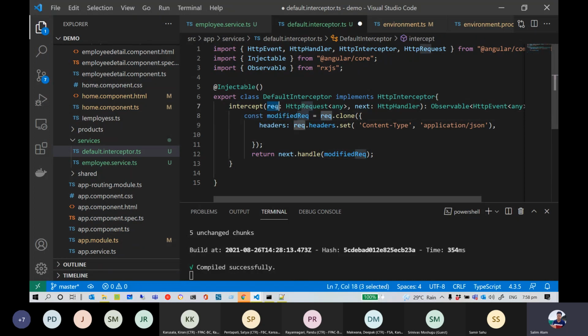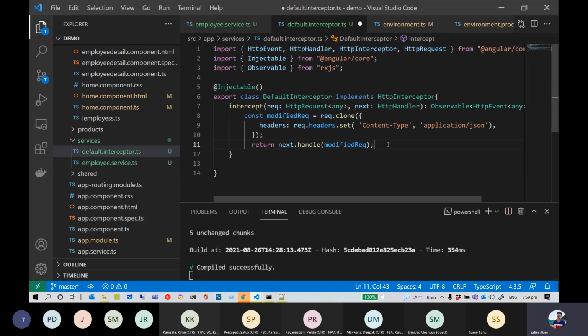What we need to do is take the request and then clone it. By clone, we mean we have taken it as it is, and then for headers, we set the request headers, and set a header of content type and application JSON. Then we set the HTTP handler to handle the next request, and pass the modified